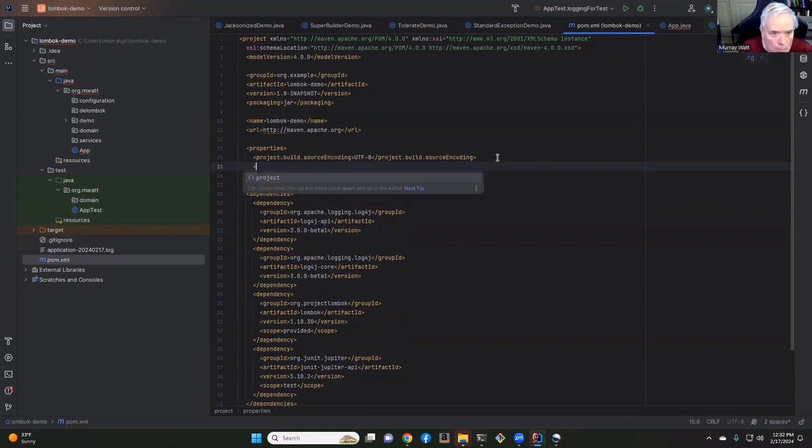So I'm going to go to my properties and I'm going to say log4j dot version, and grab this string, put it in here,